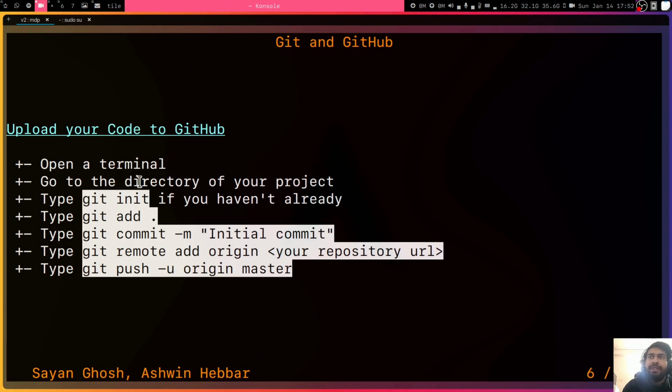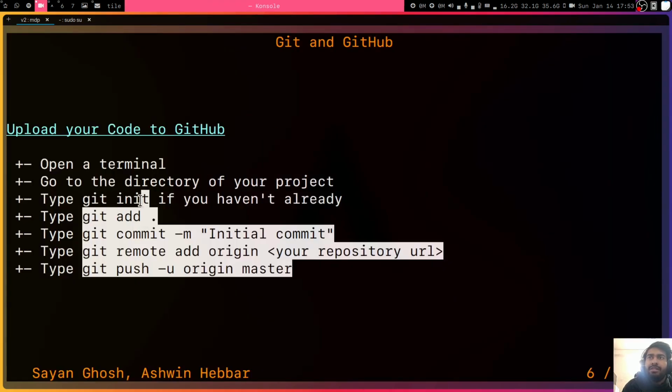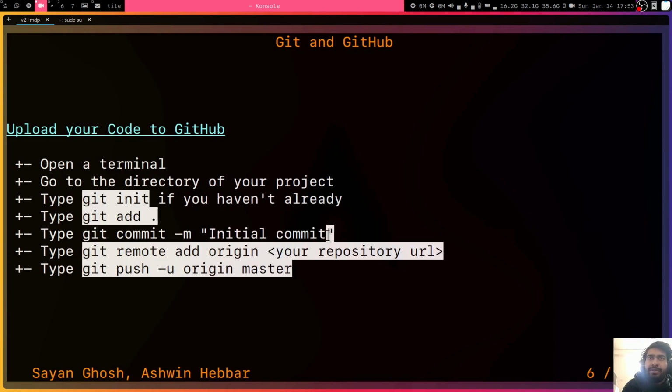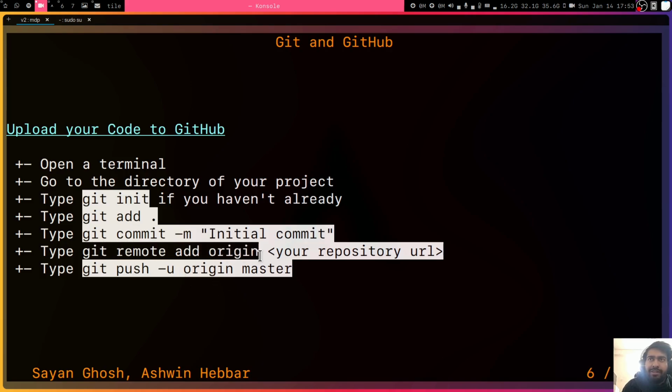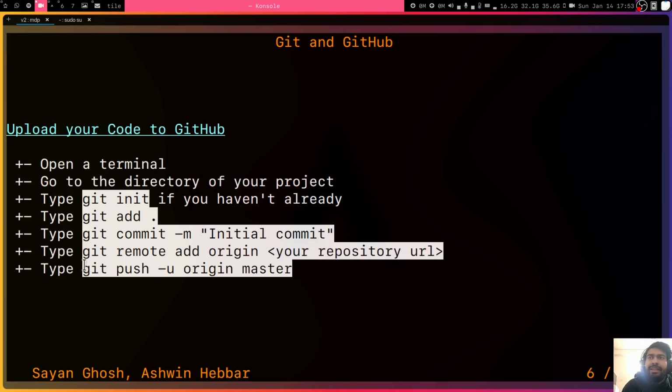We opened the folder, we went to the directory, which is this Mad1 project, and then we did git init. Then we created some files and added them, then we made some commits. We have done add and commit 2 times. Then we do this once; we need to do this only once after creating the new repository, and not every time. So we do git remote add origin and then the SSH URL, and then we do git push